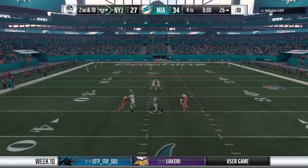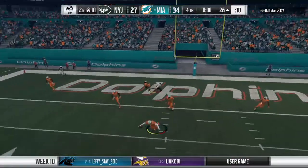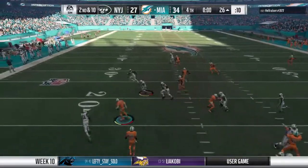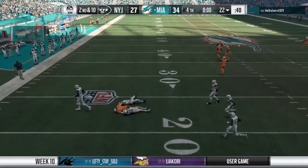One final try now for Rodgers. And, a crusher there as it's intercepted. It's the former Seahawk, Byron Maxwell. And that is going to seal